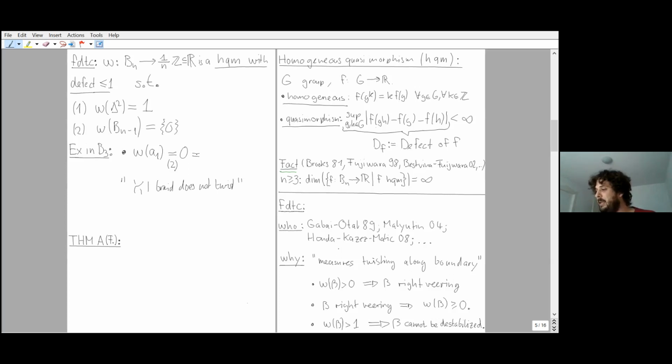And I didn't tell you, but it turns out that homogeneous quasimorphisms are conjugation invariant. So for the same reason, if I take another generator of the 3-strand Braid group, I also get 0. But what about other elements? Well, if I take the product of A1 and A2, I don't get 0, I get a third. So you see this is no group homomorphism. And the reason is, I told you earlier, or by my normalization,